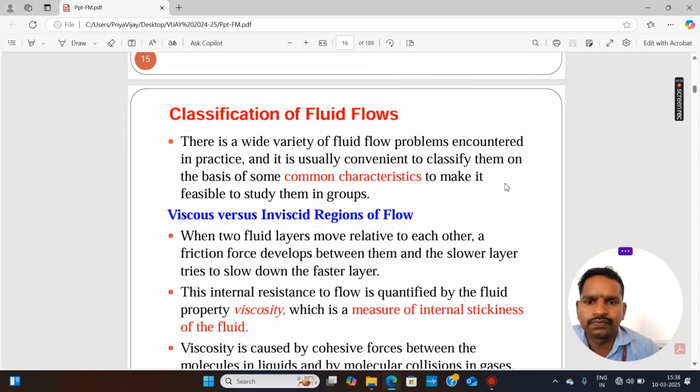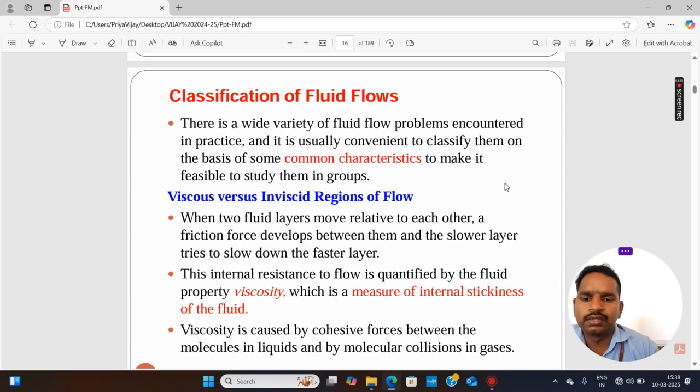Next, we will see the classification of fluid flow. Here, fluid flow has been classified into many types. We have steady and unsteady state, then uniform flow, non-uniform flow, laminar flow, then turbulent flow, then compressible fluid flow, incompressible fluid flow, then viscous and inviscid fluid flow, and then rotational fluid flow, then one dimensional, two dimensional, three dimensional flow. These are some different types of fluid flow we are